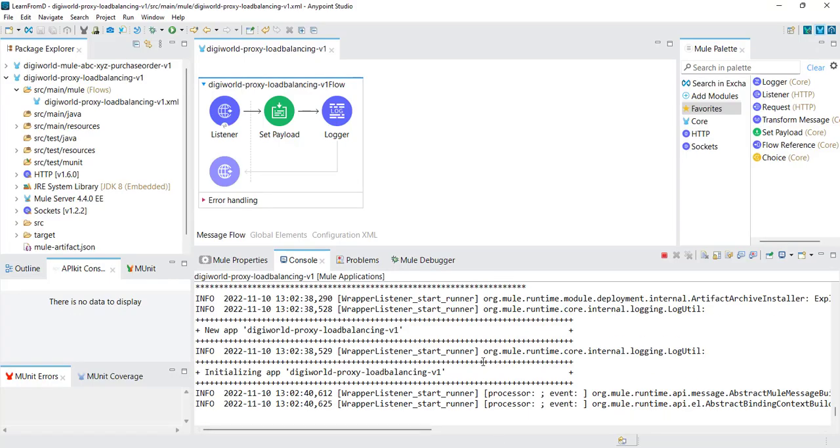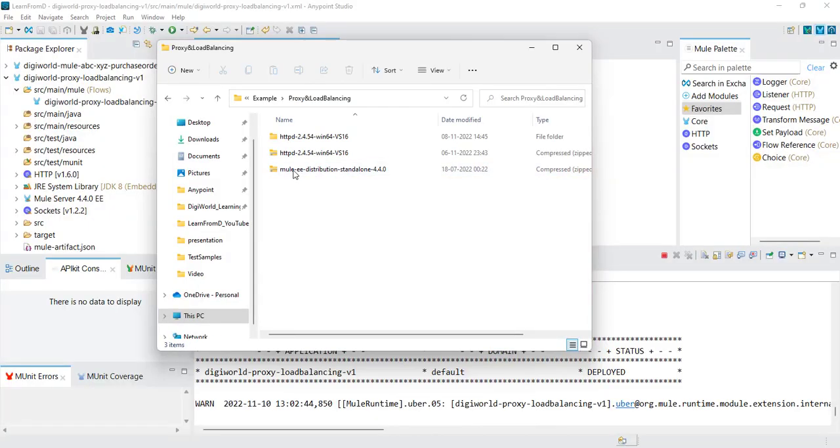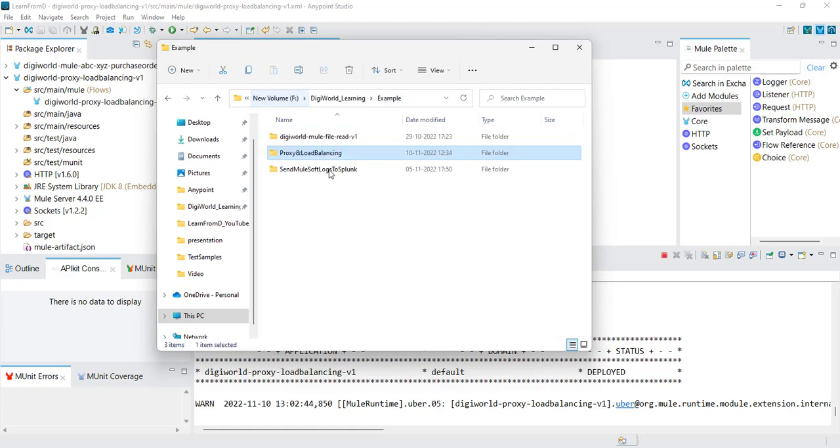Let it deploy. At the same time, I would like to tell you that this is the zip file for our standalone runtime server, which I have already downloaded from the MuleSoft site. I also mentioned how we can download it in another video, Send MuleSoft Logs to Splunk. If you haven't checked that one, I request you to check it as well,